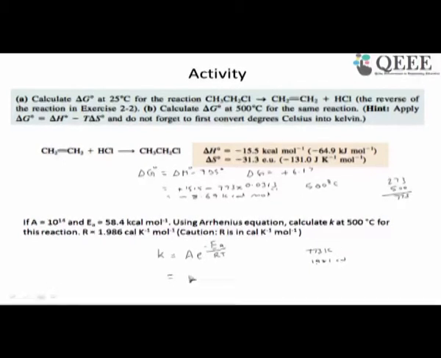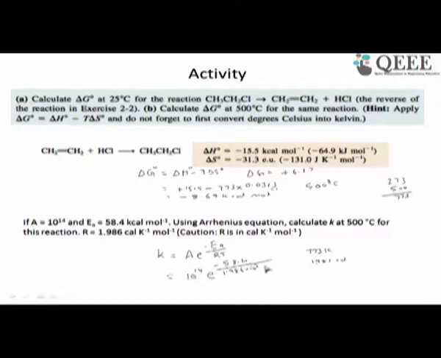Just substitute all the values, then you can get K. A is 10 power 14, e power Ea is 58.4 kilocalories. Since R is given and the energy of activation is in kilocalories, this also should be in kilocalories, so you basically need to divide it by 1000. In other words, you can just put 10 power minus 3,